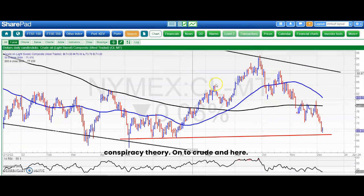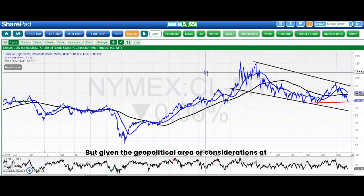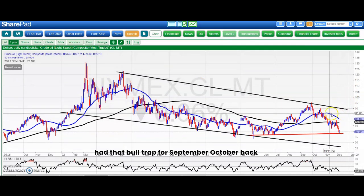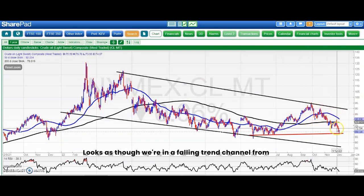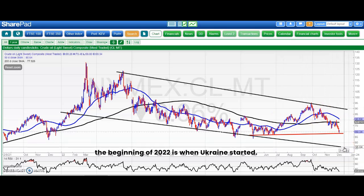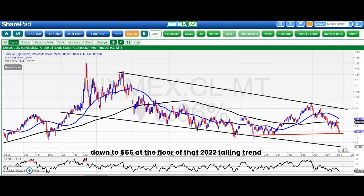On to crude, and here it's interesting that we've, let's say, fallen off a cliff, but given the geopolitical considerations at the moment, this market is looking very weak indeed. Had that bull trap for September, October back in the autumn, and a failure at 90. Looks as though we're in a falling trend channel from the beginning of 2022, which is rather interesting, given that the beginning of 2022 is when Ukraine started. A break of recent support through $68 could risk a move down to $56 at the floor of that 2022